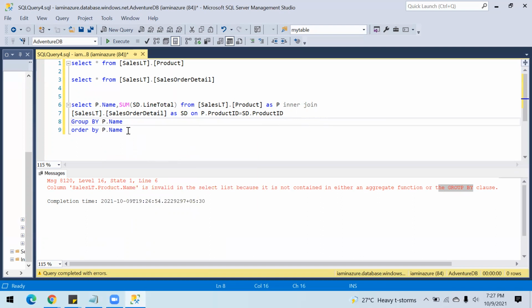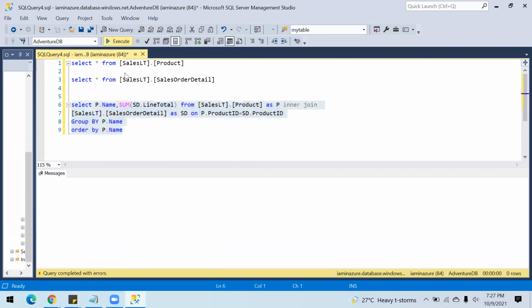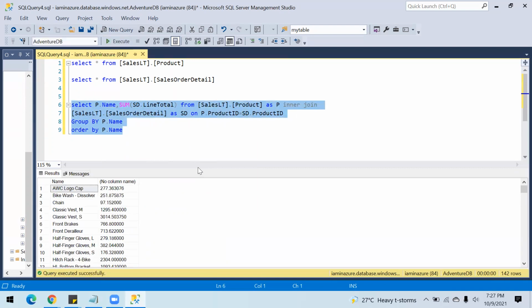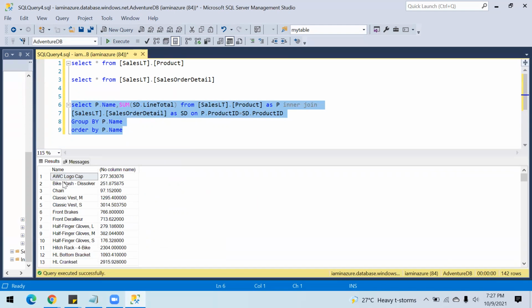So this is fine now. Now I will be able to see one record for each product. So this is my output, which says my logo cap has 277. Let's say it is in dollars. So this is the consumption for this product. Similarly, we have 142 products.